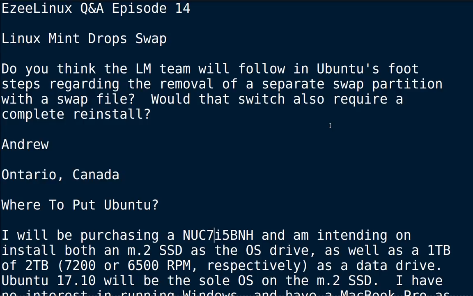These days, hard drives, number one, they're big, and number two, we're going into the world of SSD, and having all these different partitions doesn't make a whole lot of sense when you're talking about solid-state storage and you're talking about really big drives. So, I don't know. We'll see what happens. We'll see how that goes.